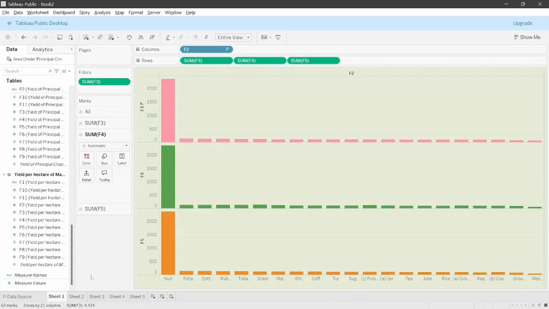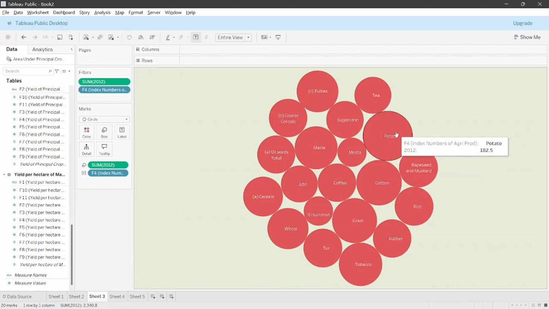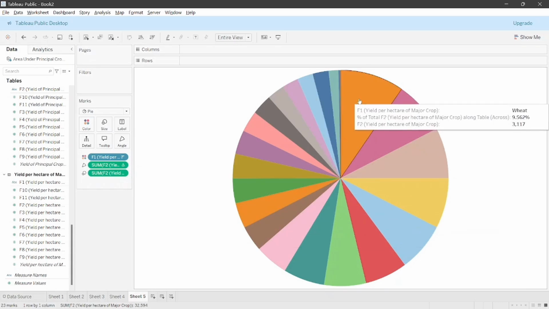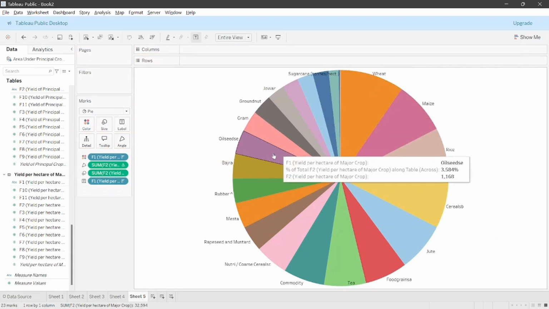So in this we already get insights like the potato is the most dominant vegetable in this sheet, and in this the commodity products are more, and in the sheet, the same as the potato is the highest, and in the sheet we can see how much of what commodity products have been sold over the years, and at last the pie chart. In this also you can just add this into the label so you can see the names. Okay,